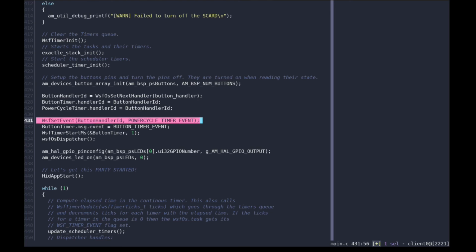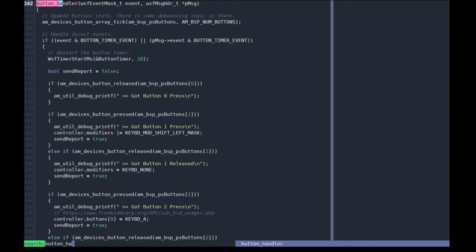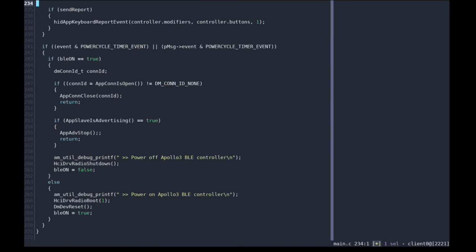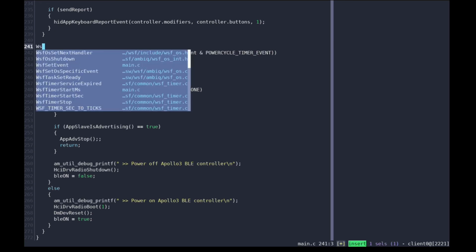So button handler. At the beginning I set the event directly, and then I flush those events, as in I handle them before going into the loop. And since I set the event, this will be true. This won't be, because the event in the message isn't set, but this will be because I've set the event through the WSF set event,